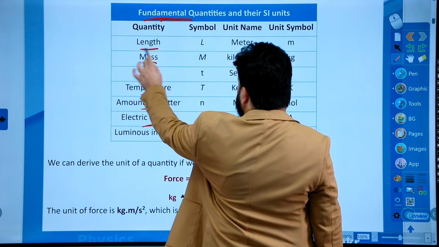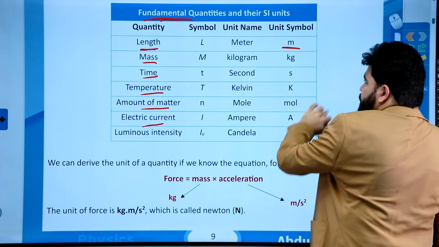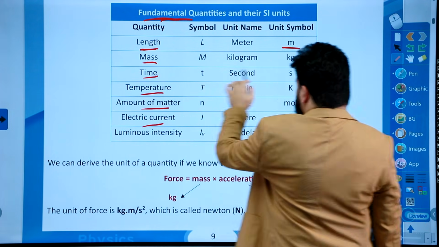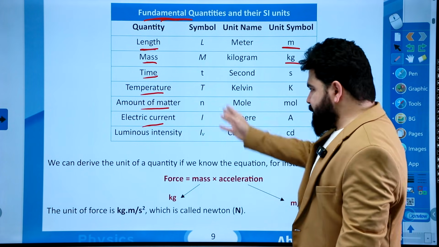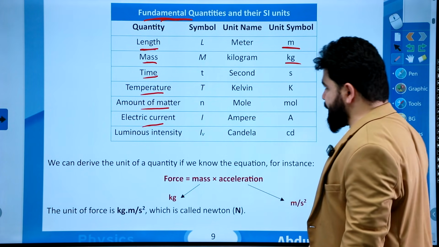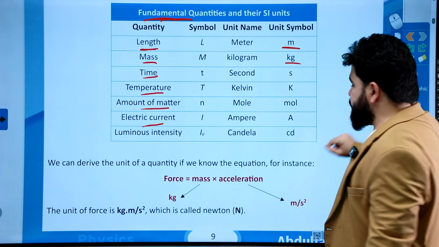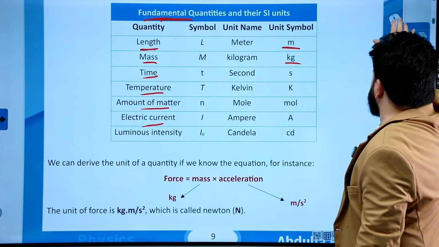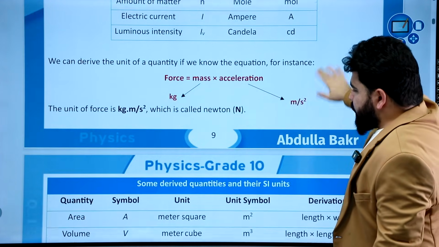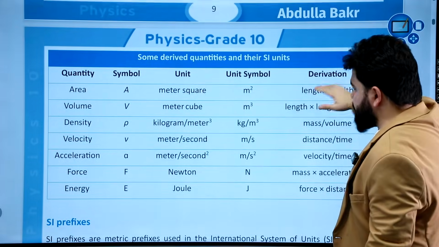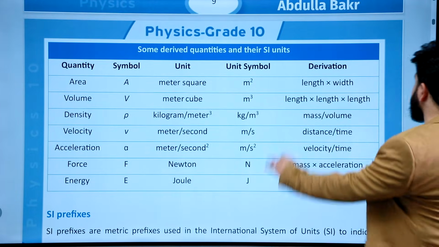So length, which is measured in meter, be careful. You have mass, which is a fundamental unit too, it's measured in kilogram. And then until luminous intensity, which is measured in candela. Okay, these are the fundamental units in physics. Please memorize them. Okay, then let's take some examples from these ones, and how can